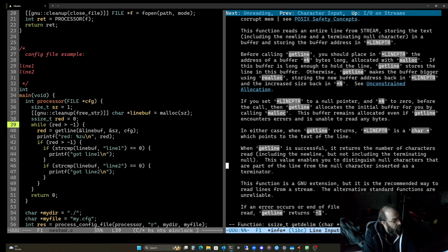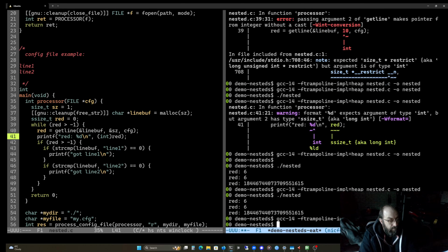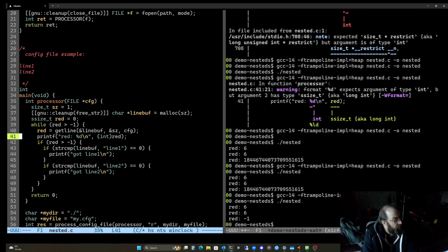But let's cast it to an int and see what happens. Okay, fine. That seems a bit odd to me, but anyway, there we go. It's working. So if read is, let's do this.